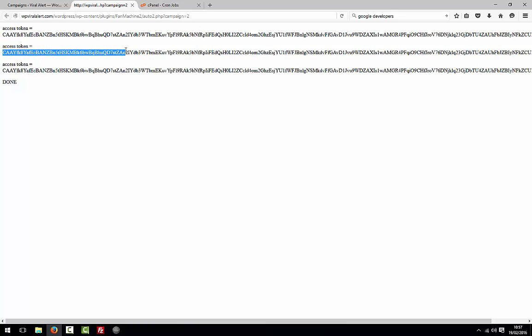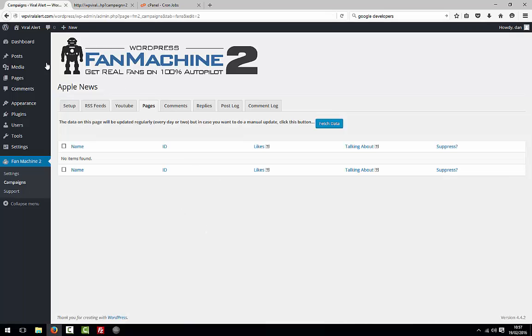That's just the plugin working as intended, and it's just so we can monitor things. If you need to get in contact with us, we can take a look at this and diagnose exactly what's going wrong. The important thing is that we see the done word appear here. So once that's done, we can go back to our pages screen here,